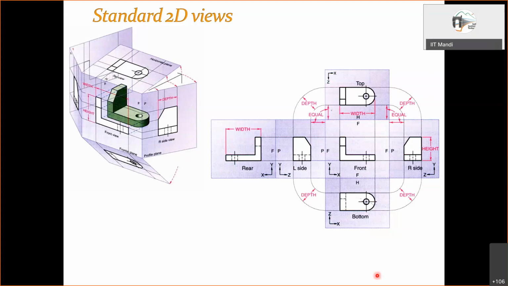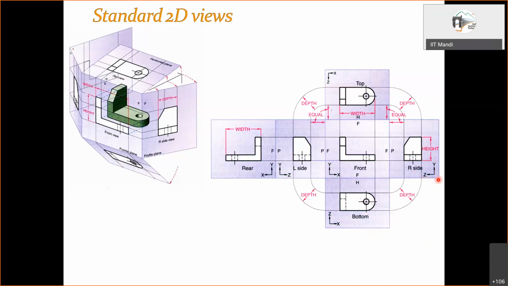Overall, with these coordinates also, it has been represented. So this is the XY plane for the front view. For the top view, of course, it is XZ, right? Y is going in the vertical direction. So Z will be perpendicular to these two, perpendicular to X and Y. So ZX represents the orientation for the top view, right? Likewise, this is YZ for the left side view, and for the right side view the orientation of Z is reversed.